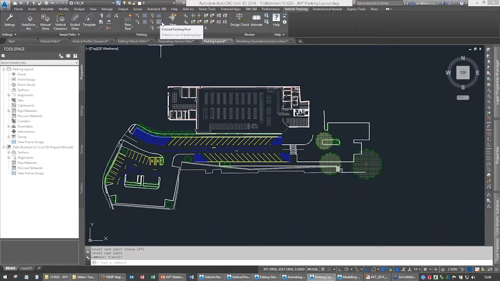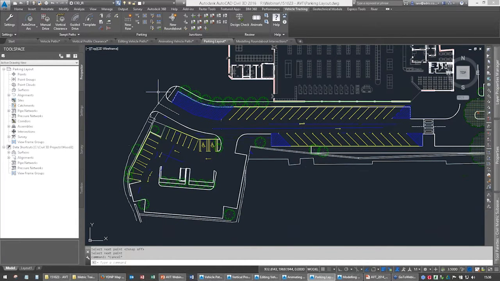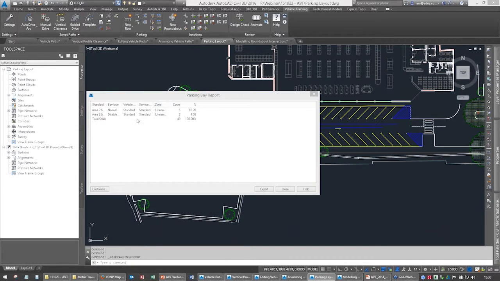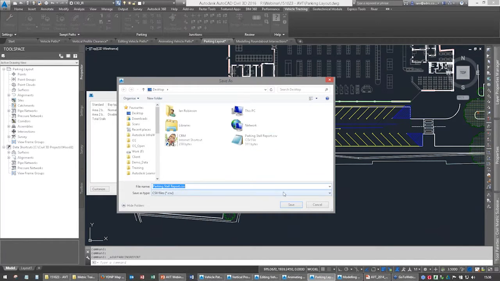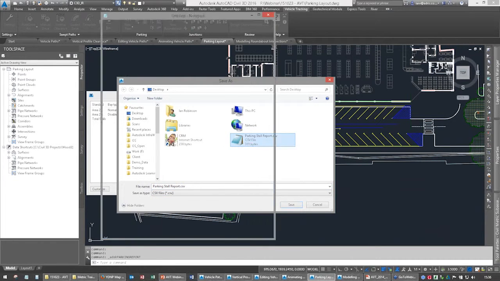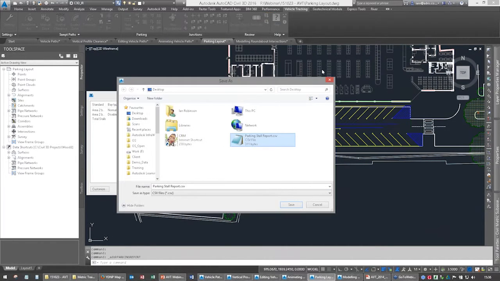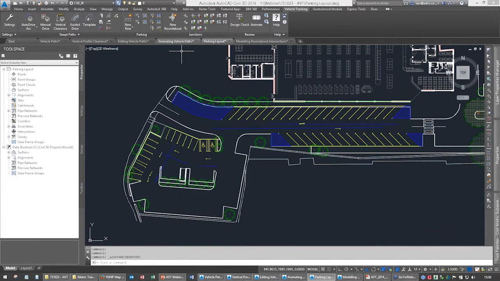So, as I say, it's only a brief overview of parking bays. You can get a report out which basically just tells you how many bays you've got, how many disabled bays you've got. So there's my total count, and I can export that. It just exports it to a CSV file. If I just show you that, it's just a standard CSV file,